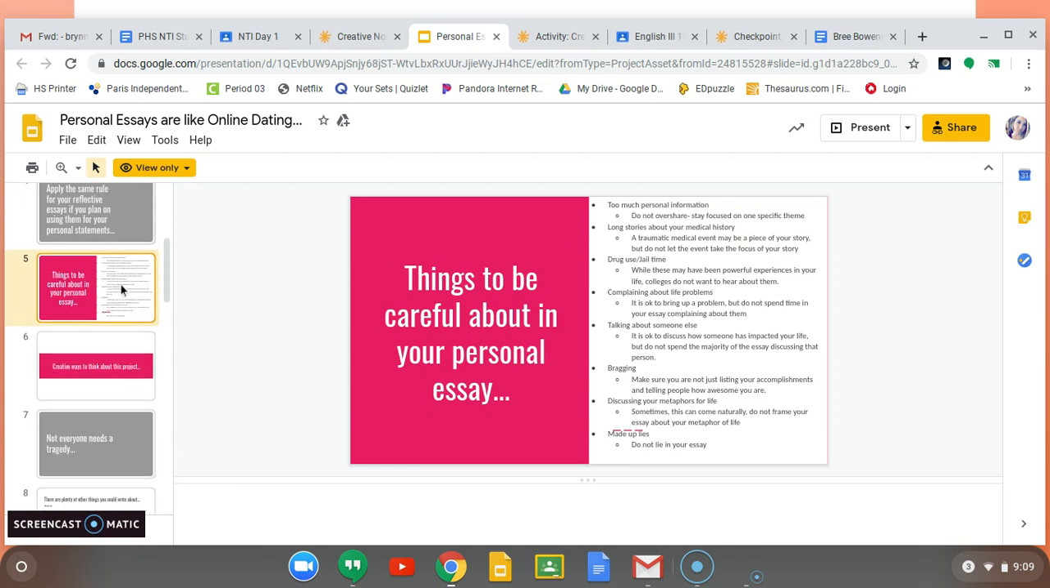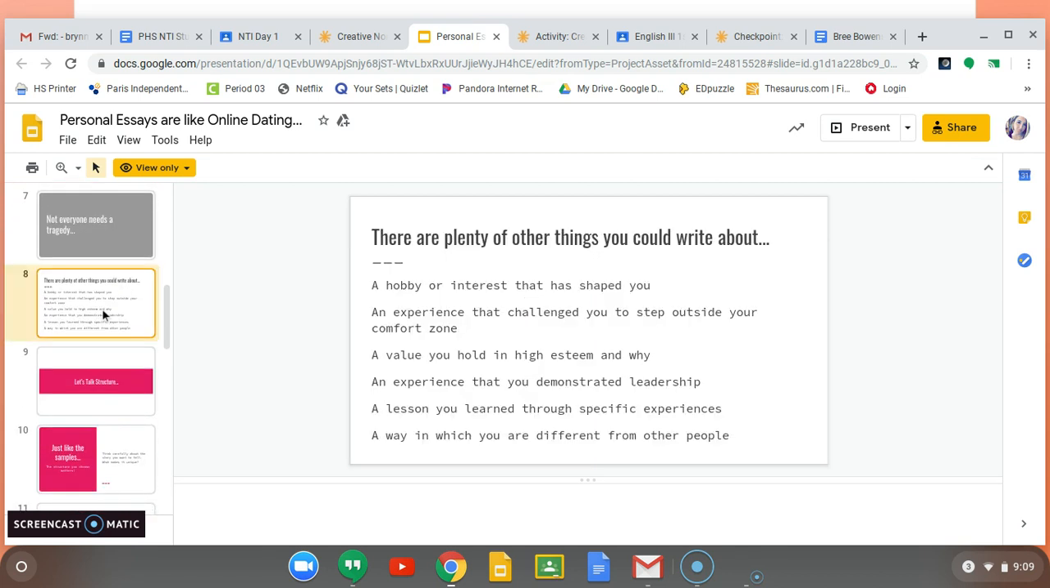Let me see if I can find the topics. Here's a slide that'll give you an idea about some things you can write about: hobbies or interests that have shaped you, an experience that challenged you, an experience that showed your leadership, a lesson you learned. The most important thing about this essay that Summit, I don't think, really stresses, is that I would